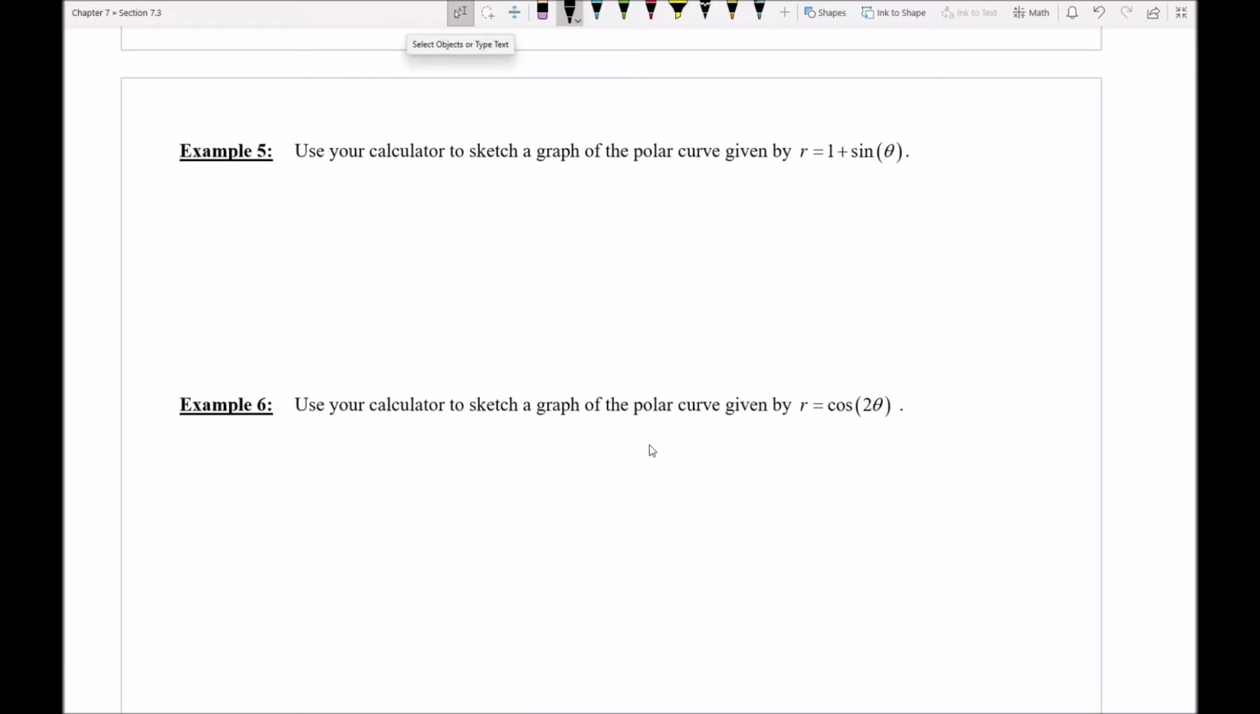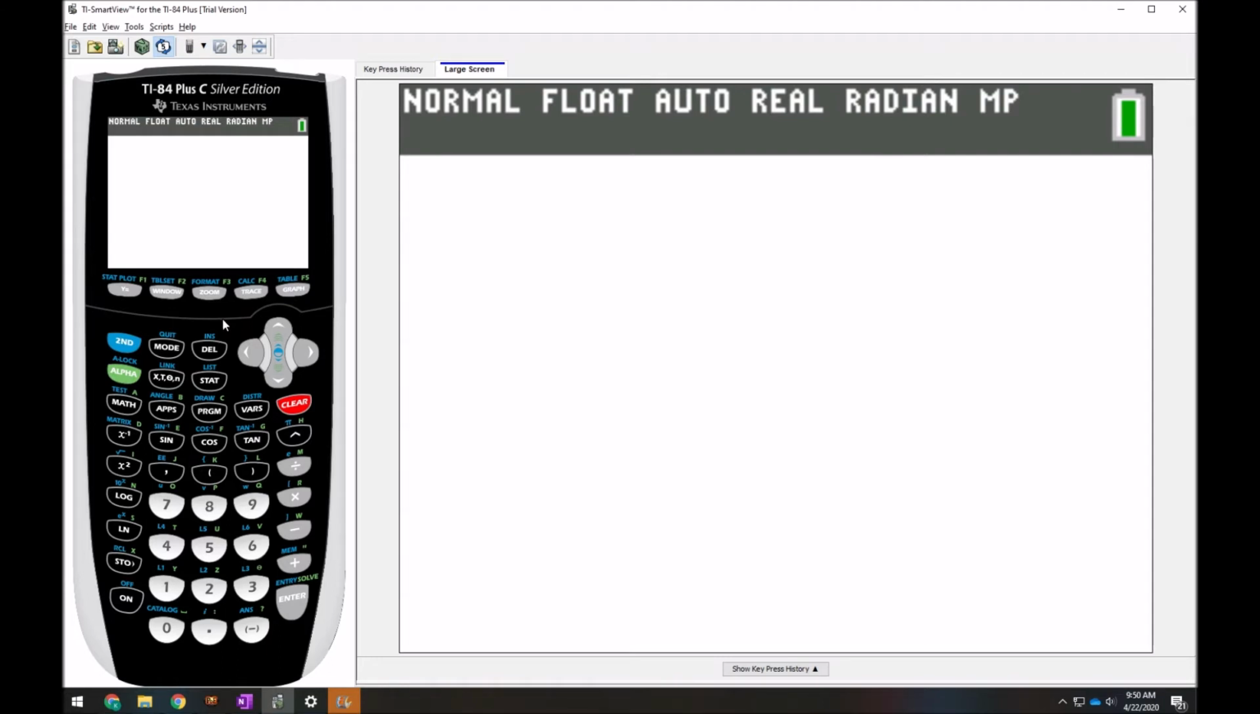Well, now let's take a look at the last couple examples of this particular section. Specifically here, we're going to focus on how exactly we can use our calculator to quickly get a sketch of some of these different sorts of polar curves. To do this, if you have your calculator, let's take a look at how we can switch first to the